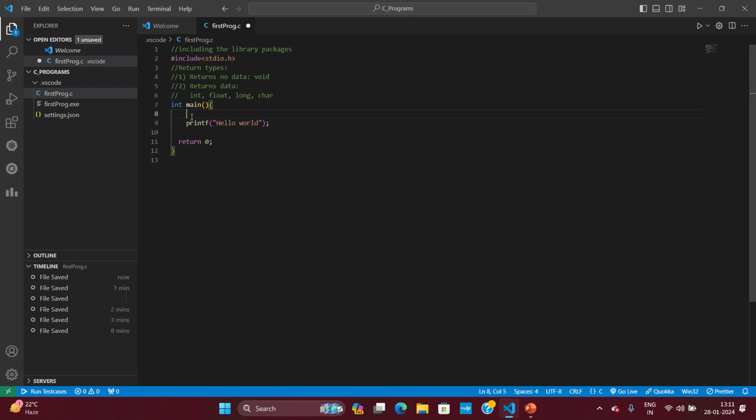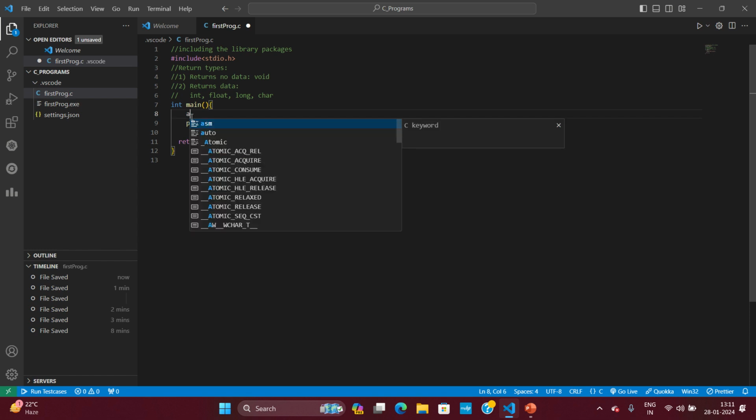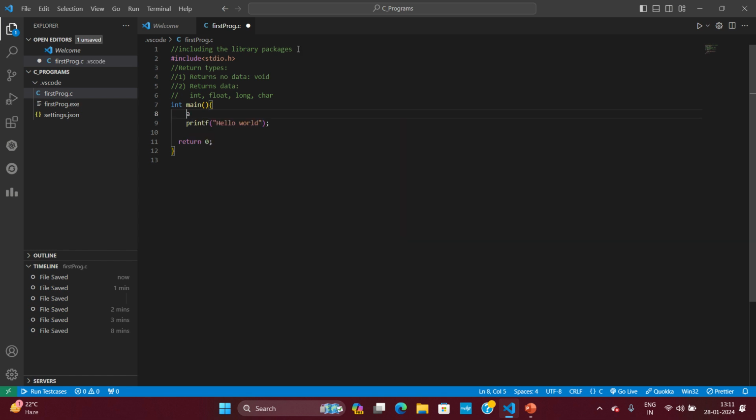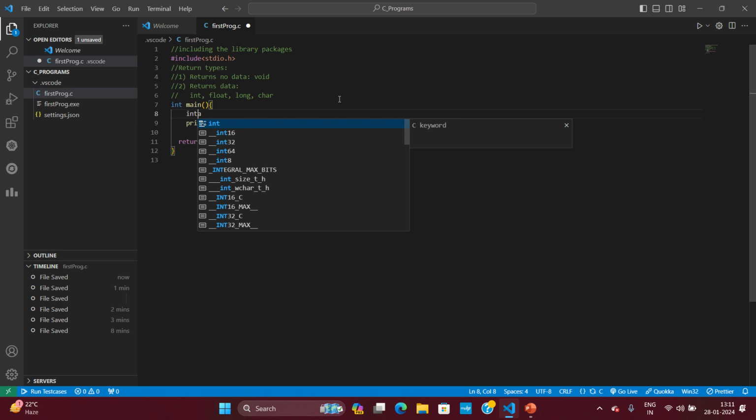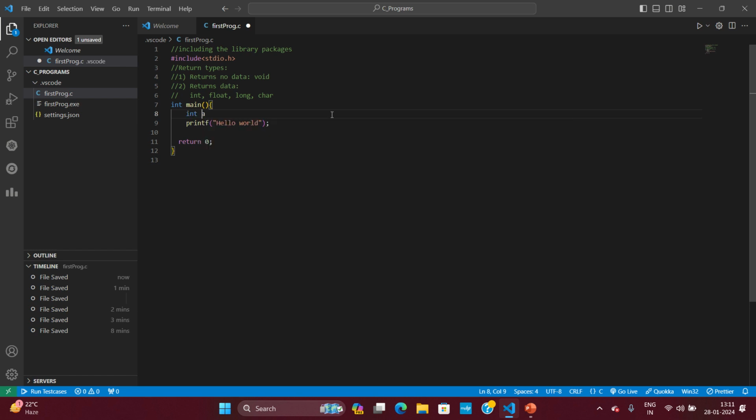So if I declare a variable with name a, then I need to mention what kind of data a is going to hold. Let me say it is going to hold some integer type data. So int, then space, variable name. And if I give a semicolon and print the value of a, a doesn't have any value right now. So if I print the value of a, you will see,